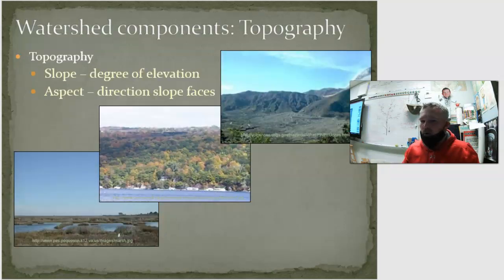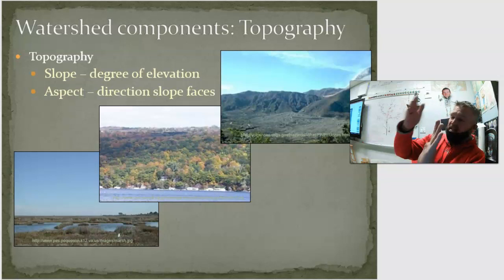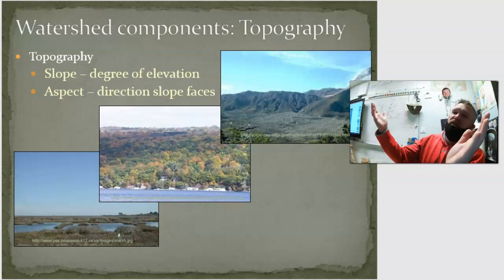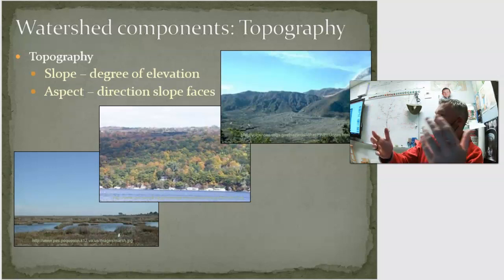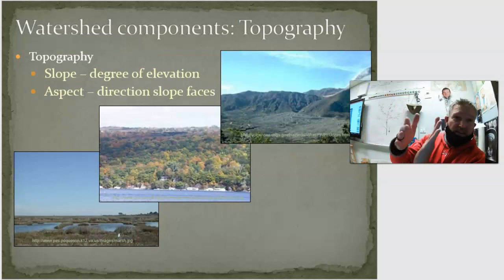Topography we talked about before. We talked mostly about slope. Aspect, though, is another one that we probably want to just understand, that the direction a slope faces is its aspect. So if you have a mountain and it faces the sun, then that side of a mountain is going to face the sun on one side and then all the other sides won't, right? So on the side that faces the sun, though, it will receive more direct sunlight, so that will be the drier side of the mountain.